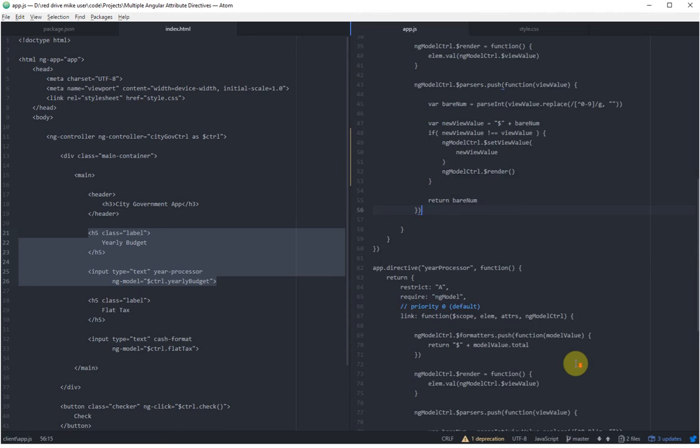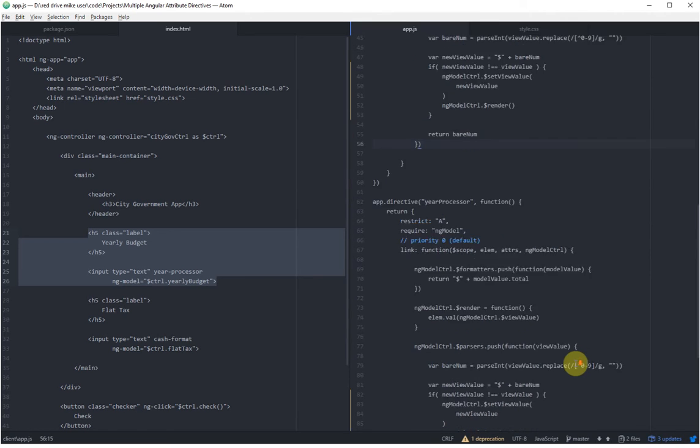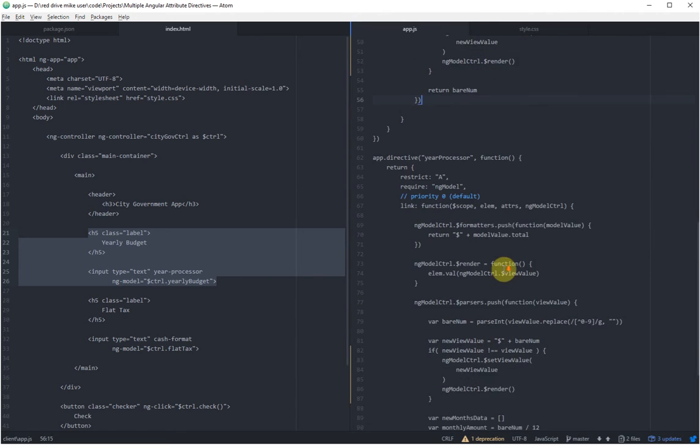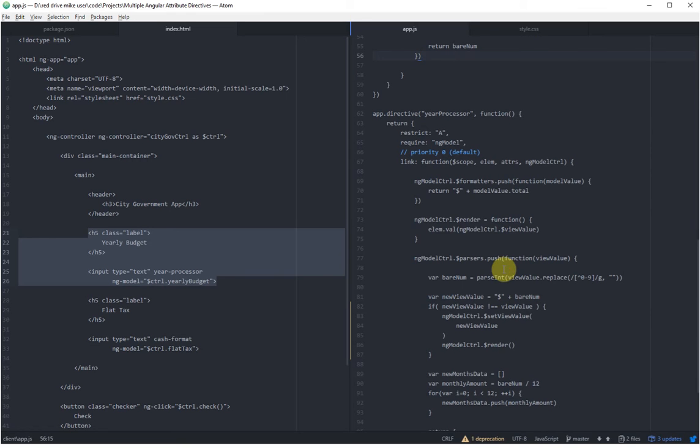Because we're doing the cache formatting in the year processor. So if we want to change our algorithm for how cache formatting does its thing, like maybe do an update to add formatting of decimals and cents to the cache formatting, well, we got to change it here